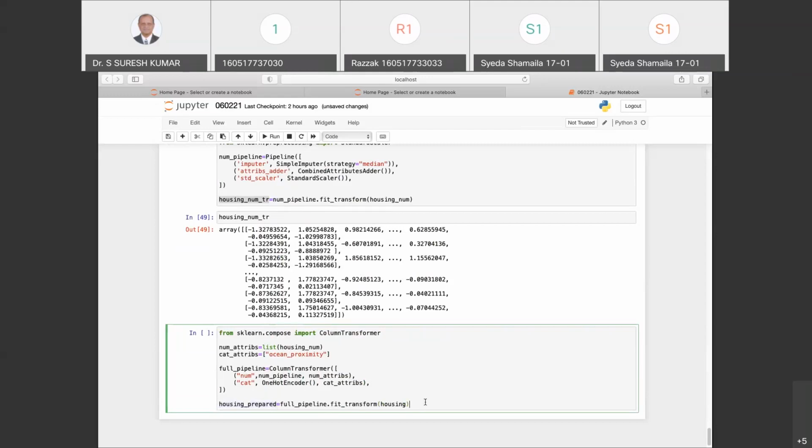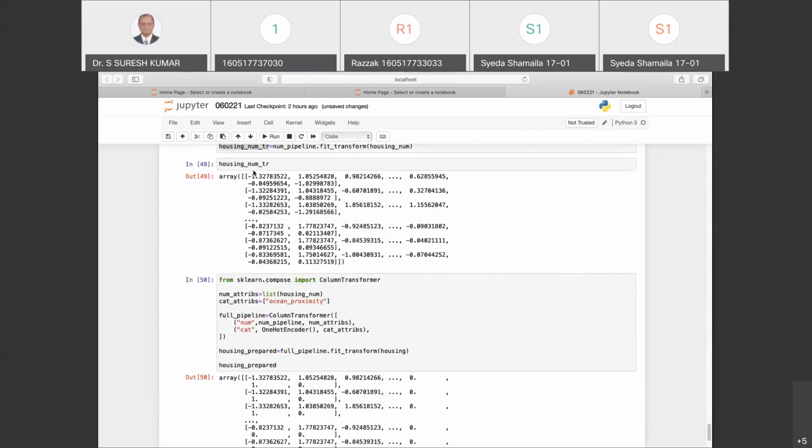I will get exactly the same array which I got in 49. Very close, maybe a few decimal places here and there, but it is more or less the same. So rather than doing it separately, it is any day better using this column transformer. So kindly write it, and let me know after you've done it, so that we can go ahead together.